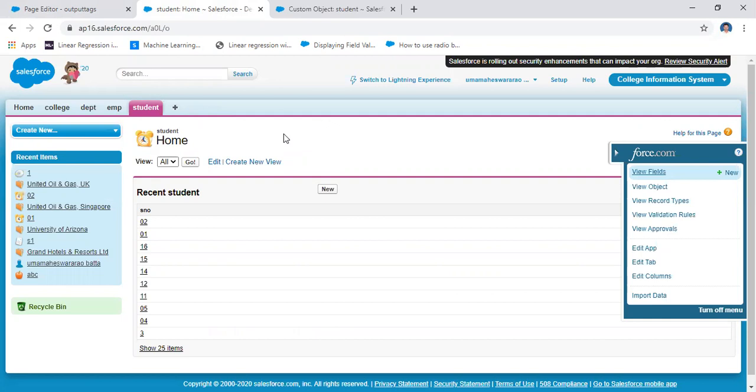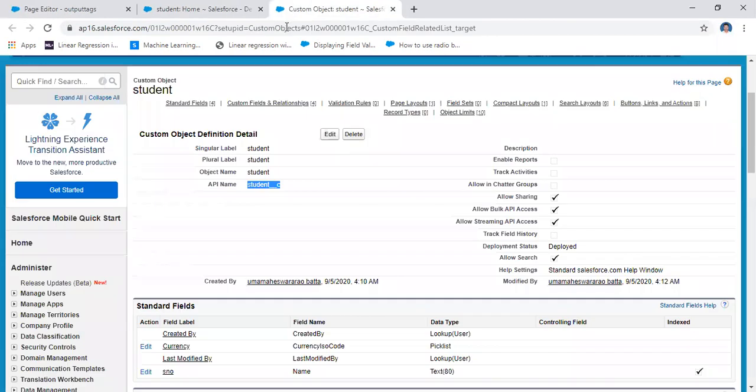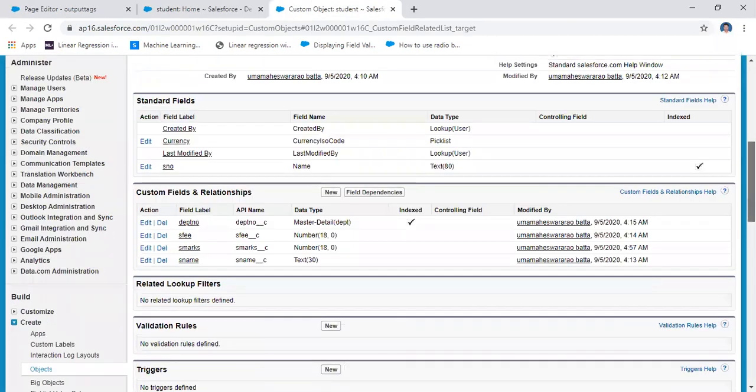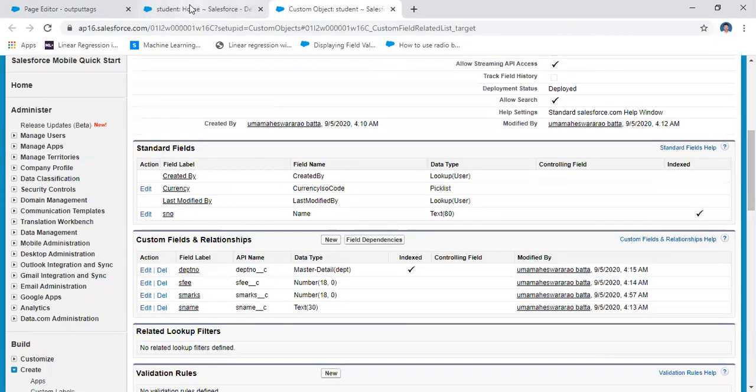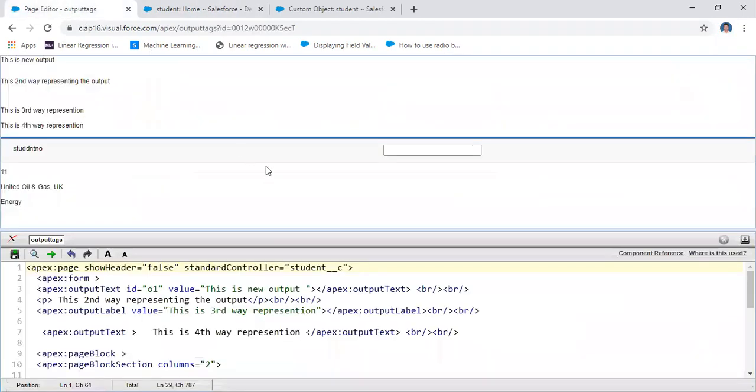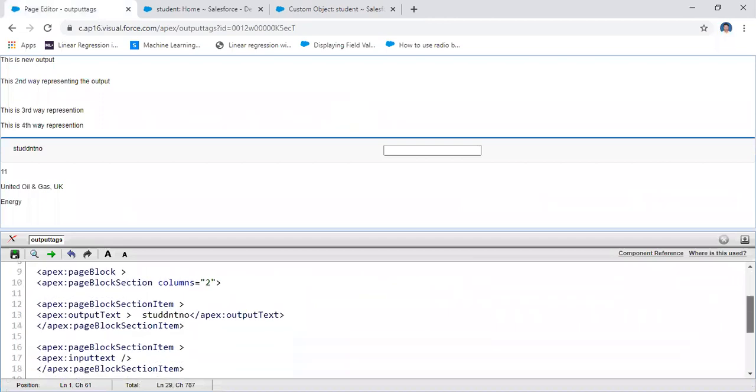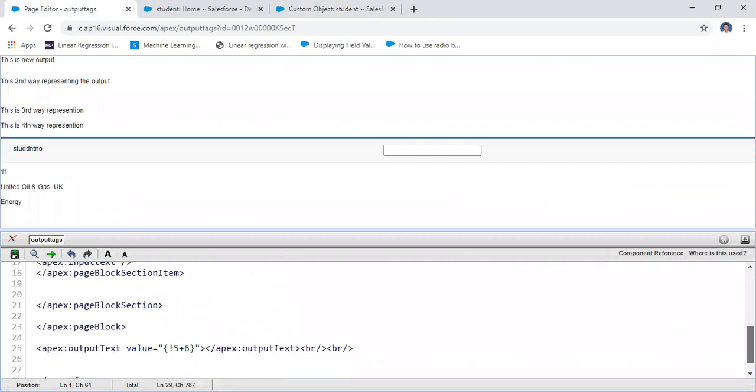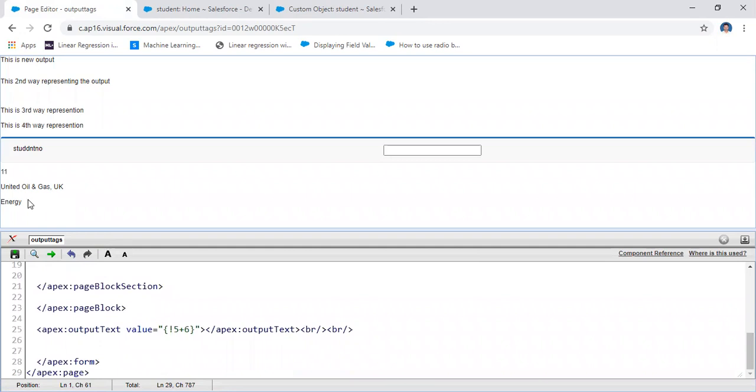If it is more than one class, you have a controller extension. Here I want to get the data from this custom object, the student object.